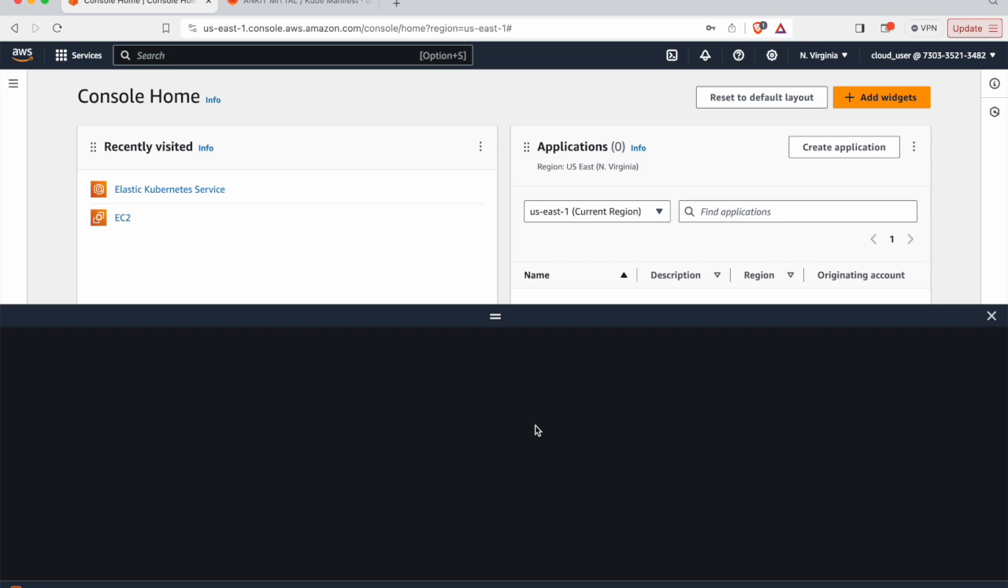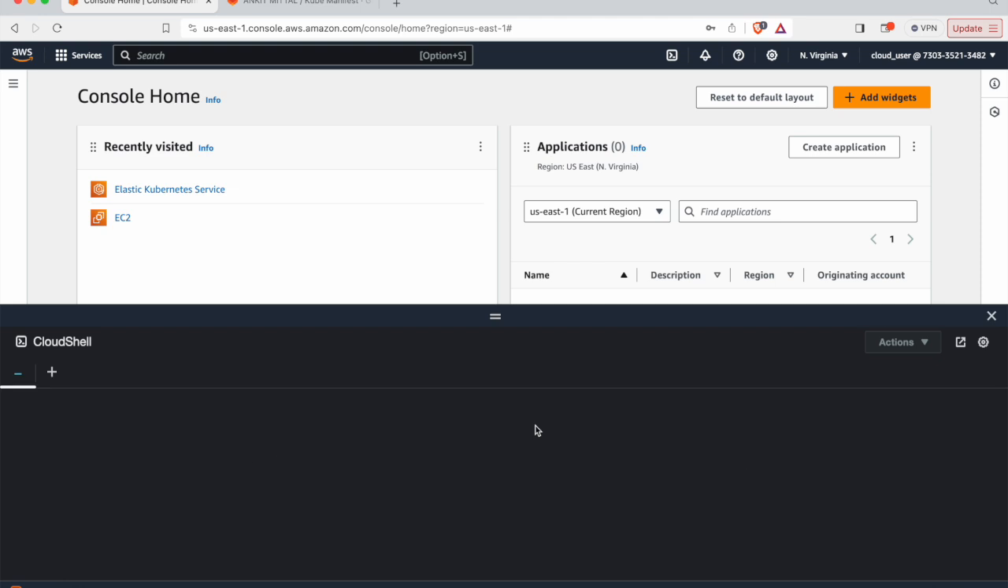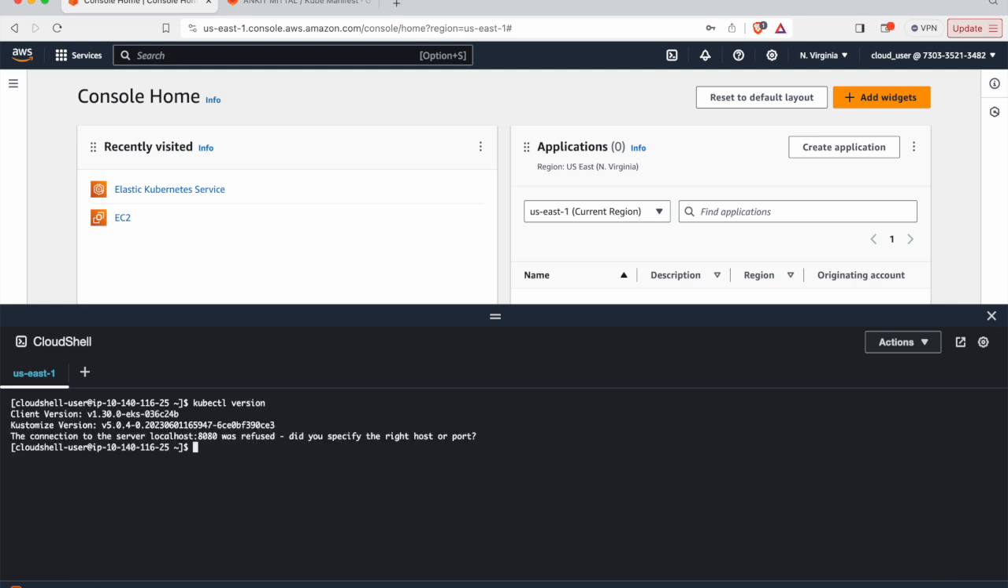Once you create the Cloud Shell, you have to make sure kubectl is there on your machine. What we can do is simply check by running kubectl version. What we see is the Cloud Shell already has kubectl installed, so we don't need to install it. If it's not there, then you have to go and download the latest version of kubectl which matches